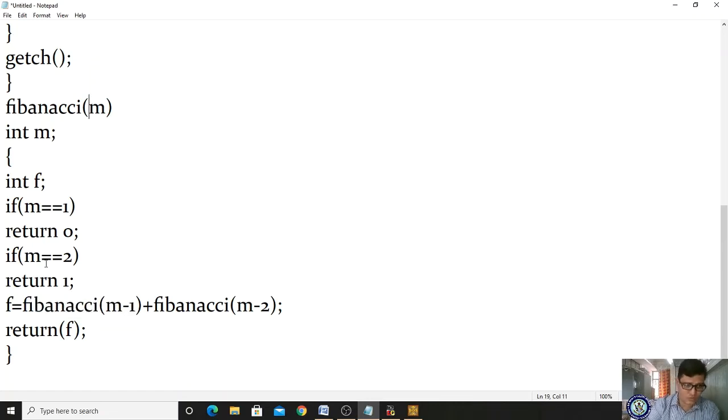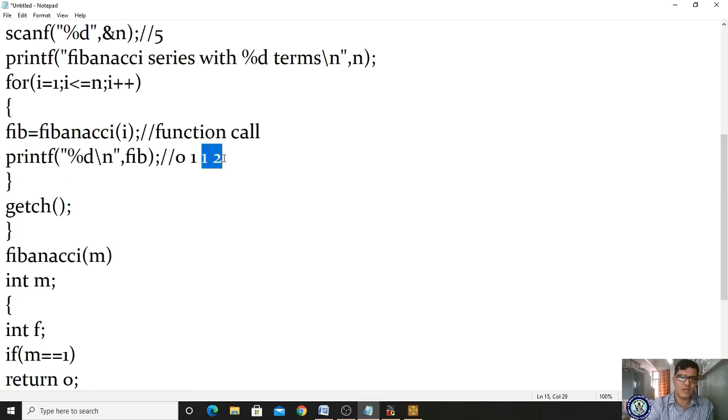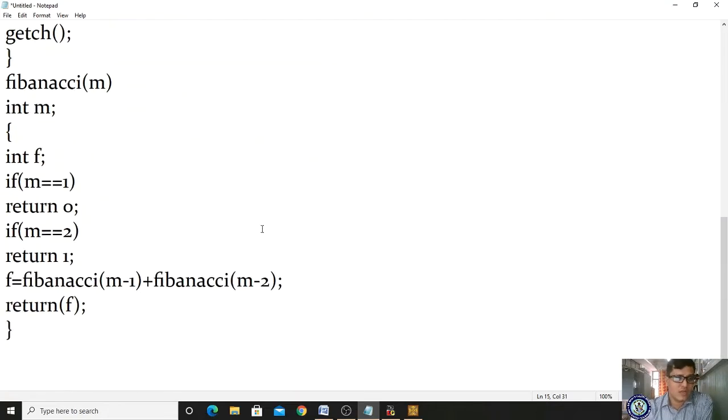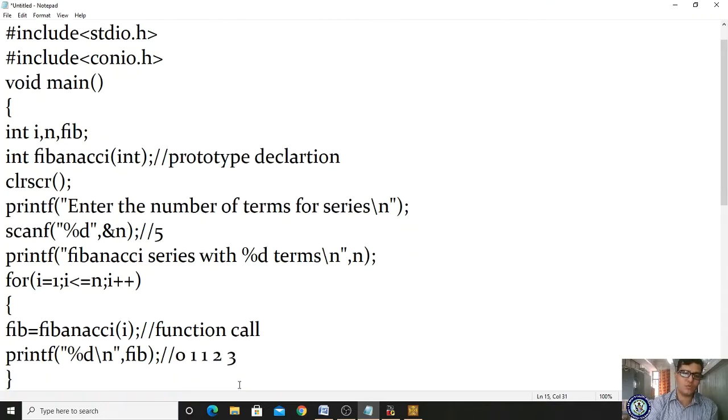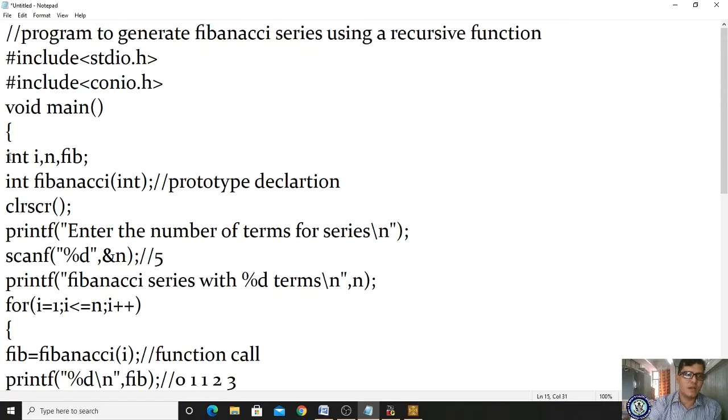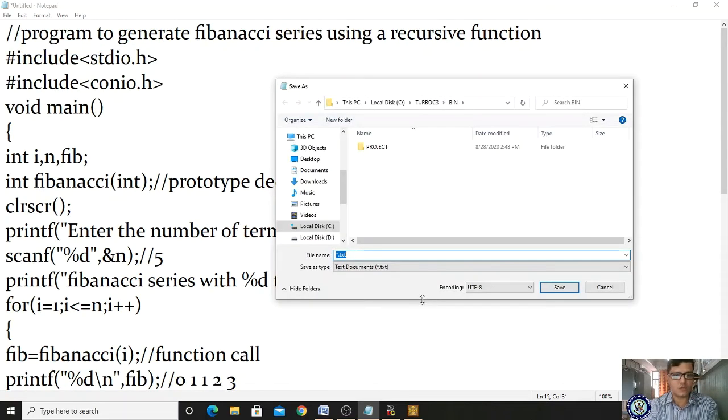4 equal to 1, no. 4 equal to 2, no, right? Once again you are calling 4 minus 1. Likewise you are calling, and it will be evaluated. 1 plus 2 is 3. It will be stored here in Fib. That is, whenever you print, Fib will become 1 plus 2 is 3. Okay, further no process will be done, hence it will return 0 1 1 2 3. Up to 5 terms is 0 1 1 2 3. It will be displayed. Let me check whether it will work or not.